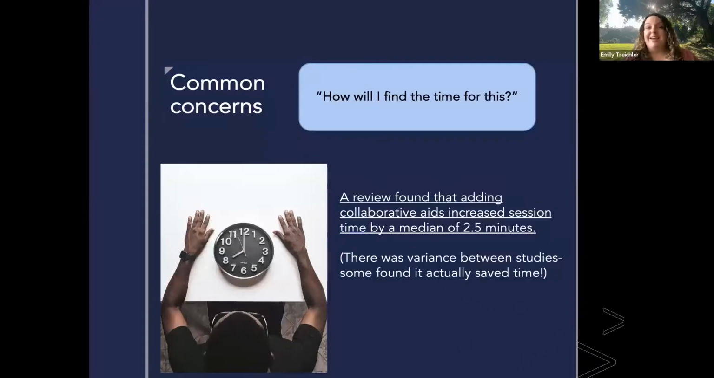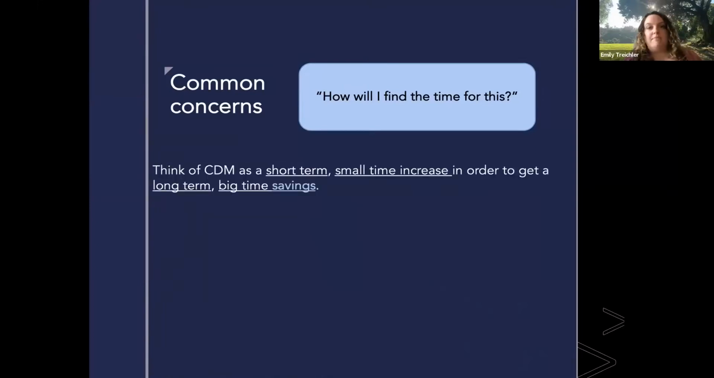And then lastly, how will I find the time for this? Probably the most common one. I understand you're very busy. A review found that adding collaborative aids increases session time by about 2.5 minutes. Some of them actually save time. I will not try to argue with you that you are going to save time by doing this. My argument is more that you will increase time, or you will add this to your busy schedule in some way, somehow. That will be a short-term increase in order to get a long-term